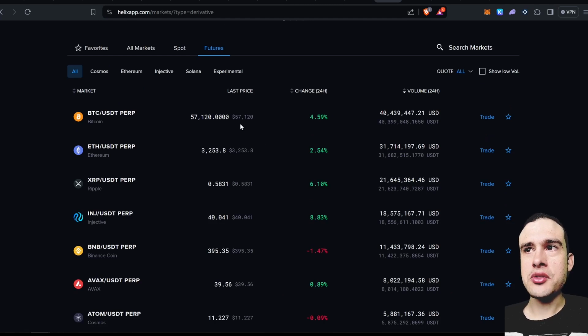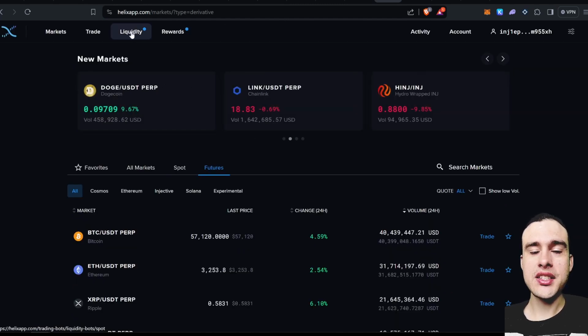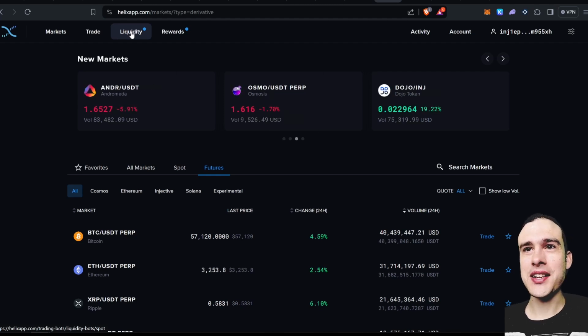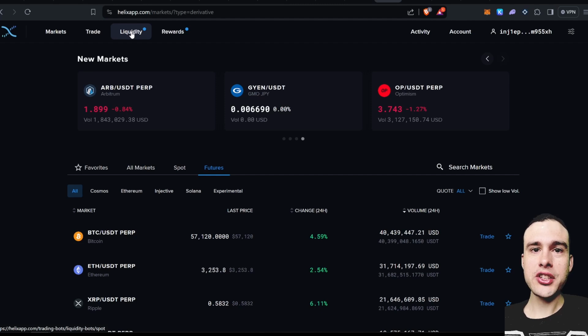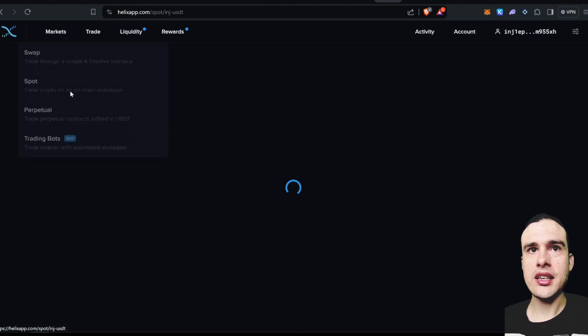So, I think this is really, really cool that you've got Perps trading. And because Injective is so fast and has sub-second finality and has been up 100% of the time, so no downtime, I think it's a really good blockchain to facilitate things like perpetual swaps. Now, it has your standard swap, but I think their power is really in the spot trading,